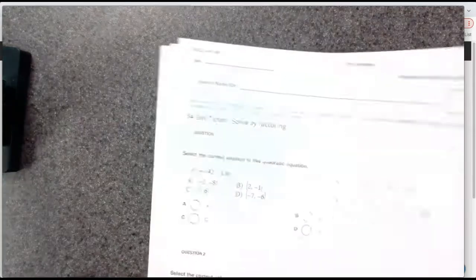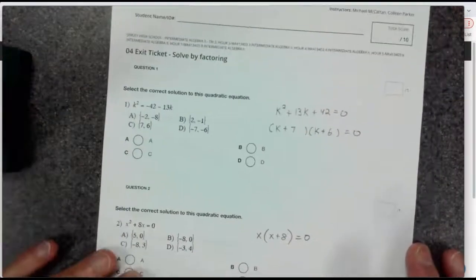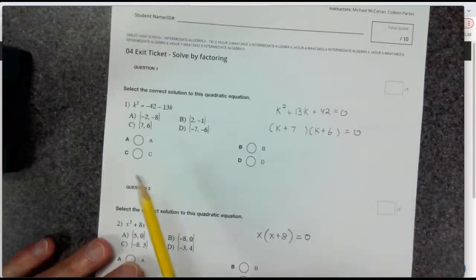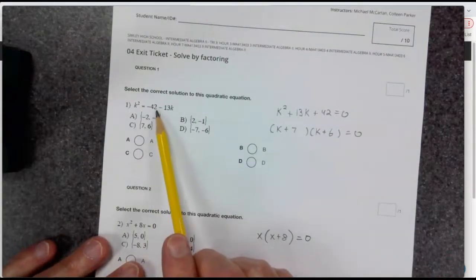All right, guys, the next thing is the exit ticket. I'm going to go right underneath here, okay? The exit ticket is 10 questions. This is the same thing we just did. You factor it. First, put it in standard form. Add 42,